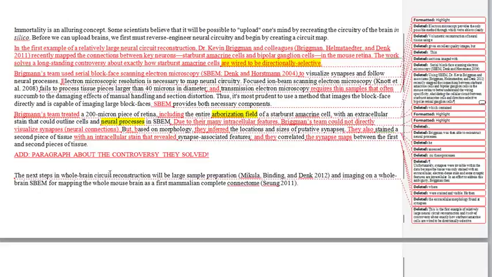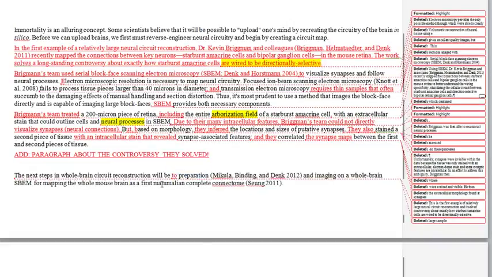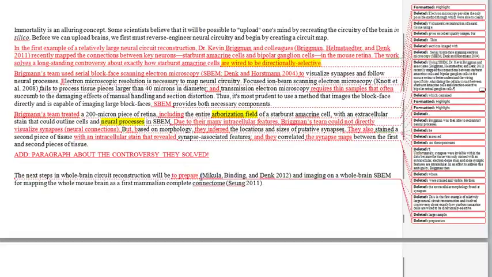Notice that the last sentence sounds a little bit academic because we're getting a lot of nouns like reconstruction, preparation, imaging, mapping. Those are all nouns that could be verbs. So I thought we could streamline this a little bit by turning some of those nouns back into verbs. So the next steps in whole brain circuit reconstruction, I'm going to leave reconstruction, will be, and then instead of saying large sample preparation, we don't need to say large sample because we're talking about whole brain, so that's implied. So will be to prepare, not preparation, to image, rather than imaging,